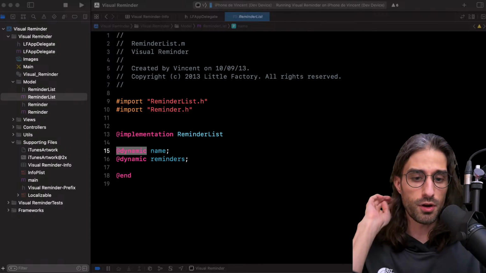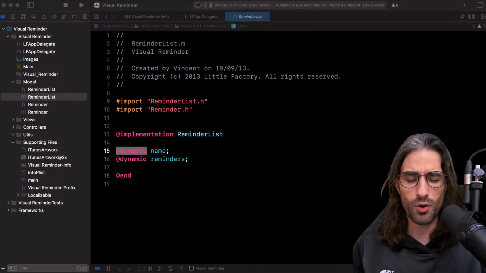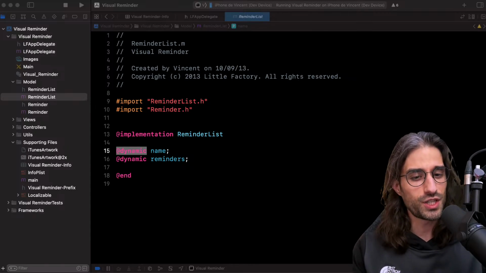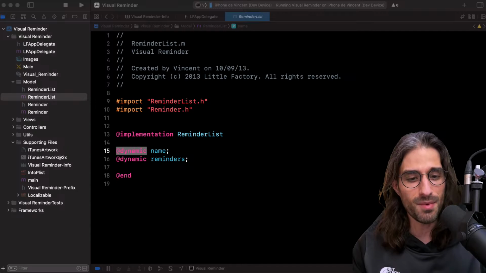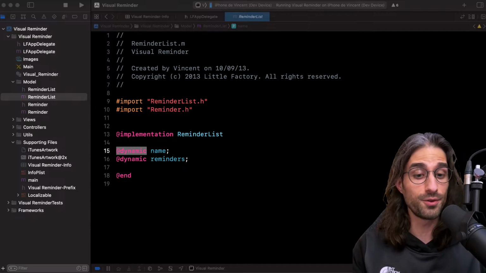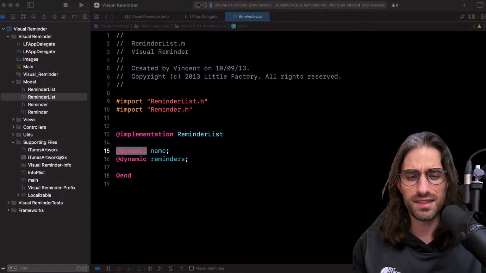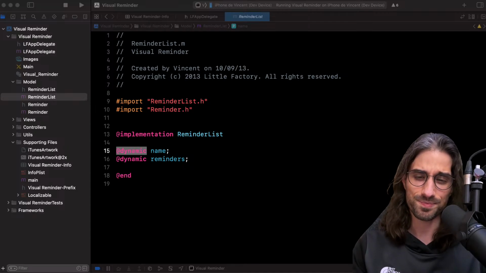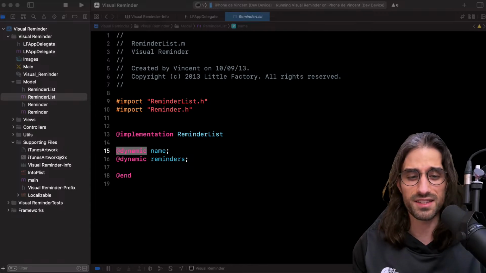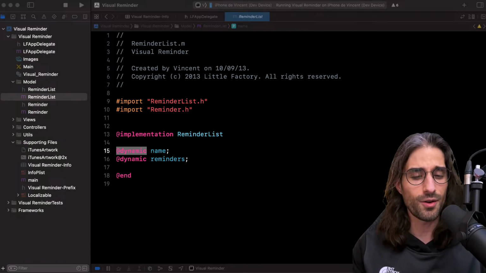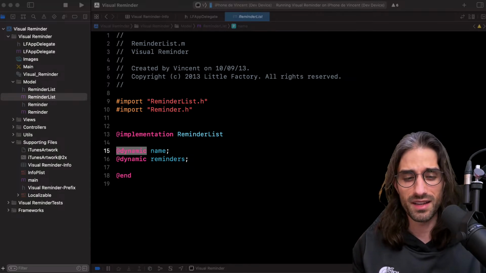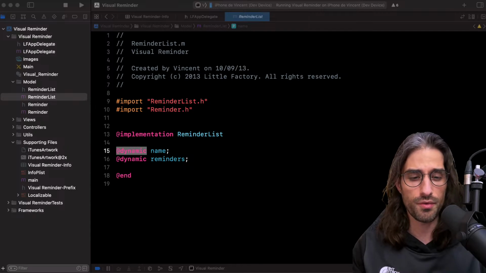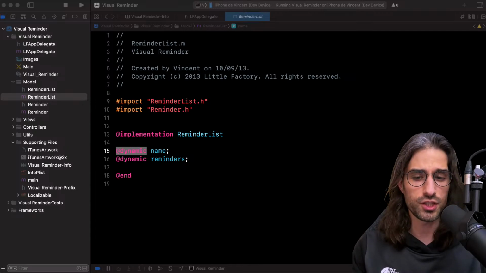That's one of the great features of Objective-C, which is still usable in Swift for all the methods that use the Objective-C dispatch. Maybe you've heard of something called swizzling, which allows you to hot swap at runtime the implementation of a method for another implementation, which is kind of crazy. And there are a lot of third-party SDKs that do a lot of weird things using that. For instance, if you ever see an analytics SDK that can automatically send events when a view controller is displayed, this is what they use. Basically, they swizzle viewWillAppear for their own implementation.